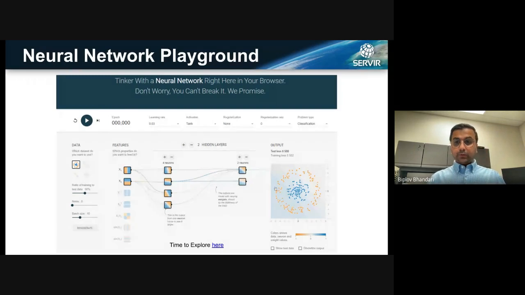Okay, so those were some of the major terminologies and concepts that would help you tackle any kind of neural nets problem. And here I have this example, actually from the TensorFlow team, where you can run some of these neural nets in your browser. So let's go and look at these.